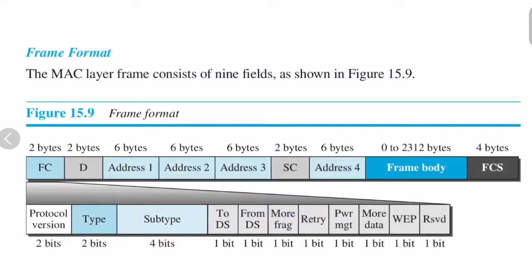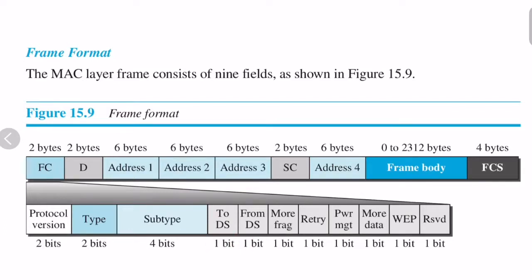You can see here the MAC layer frame structure. Totally there are 9 fields in frame. So first one is frame control field. There are subfields under frame control field. Those are version field. The current version is 0. Next type field, type of the information, whether it is management information, control or any data to be included. Next subtype, those will be explained later. Next to DS, from DS, defined later.